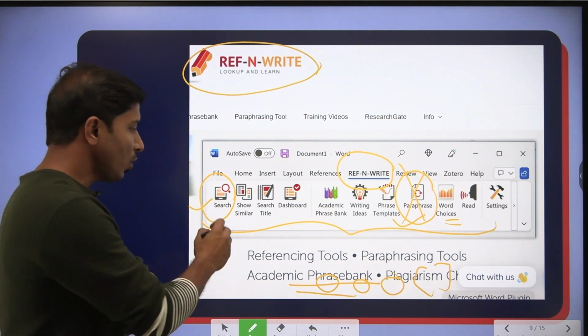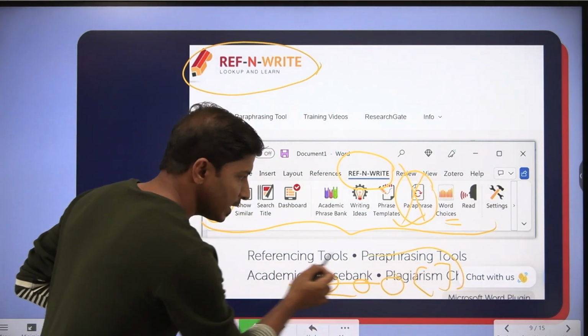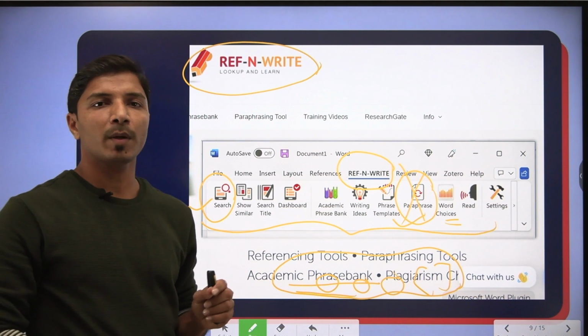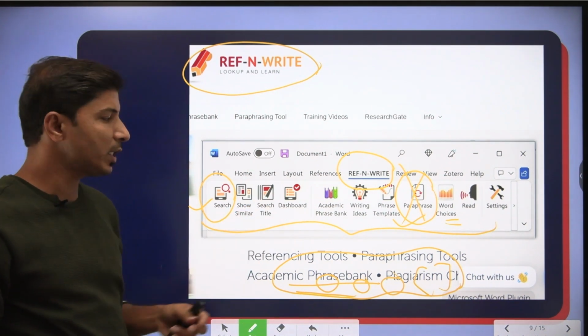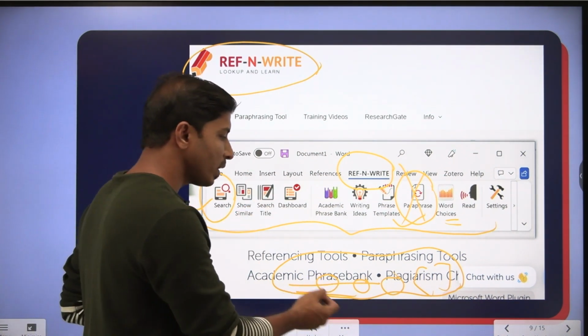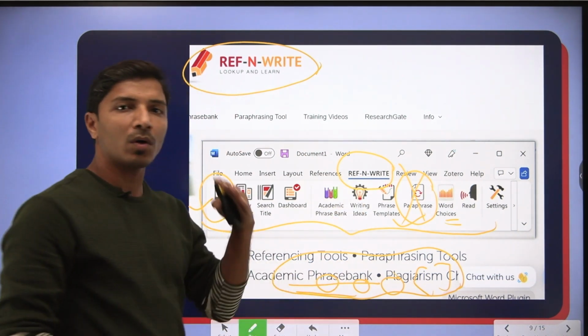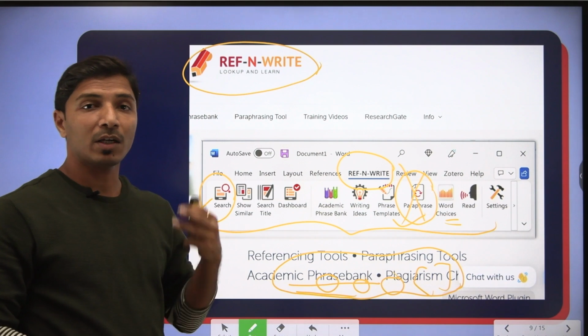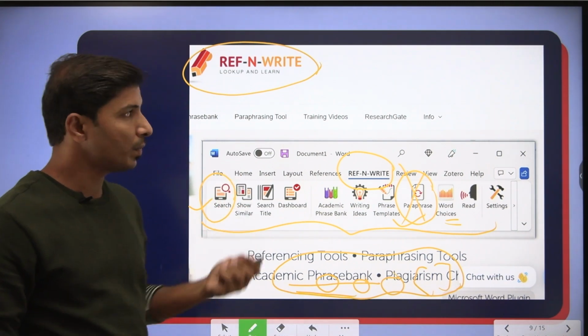But in order to indicate this while writing, I have to first add all my published research papers in this tool, and only then will this tool show that these words you have written are from already published data or your already published work. So in general, I cannot tell you to go ahead with this tool.